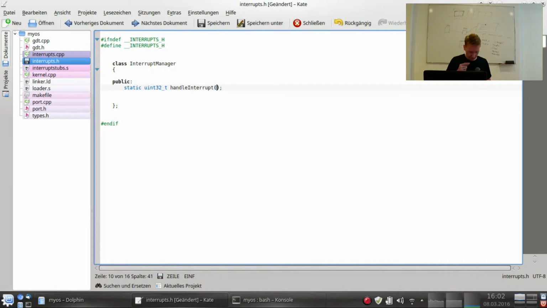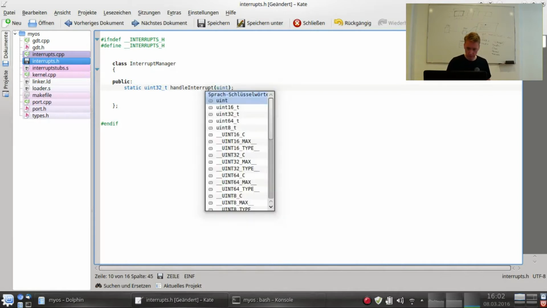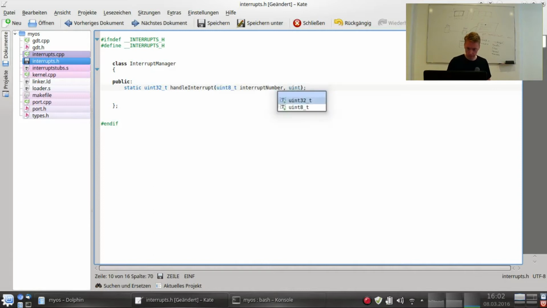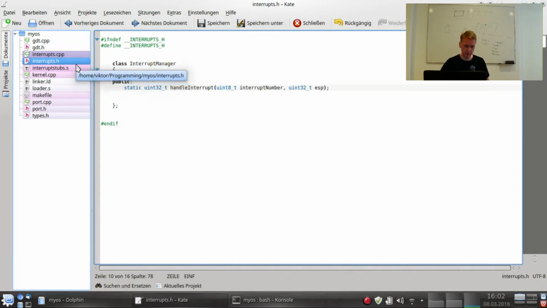And it will get the interrupt number as an 8-bit integer, and the current stack pointer. So the assembler code is going to give us the current stack pointer, and